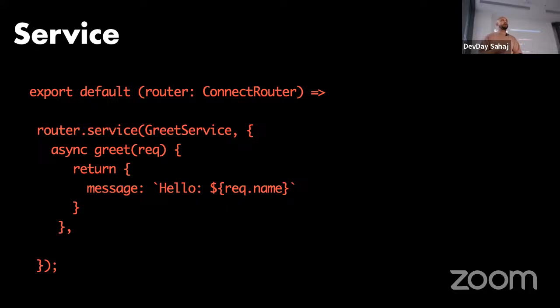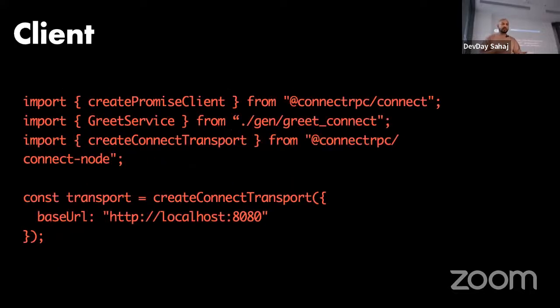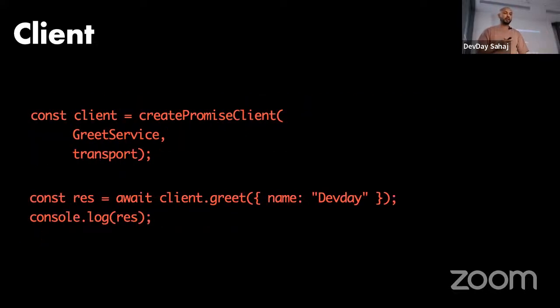Okay. Once you implement the service, the client is quite simple. You say, okay, this is the URL, all of that, and then you create a client saying that this is the type of the client, and that's it. You can call the method, and it is